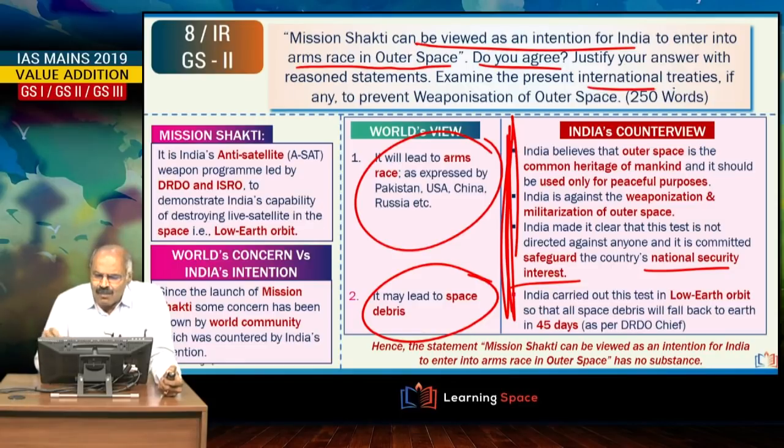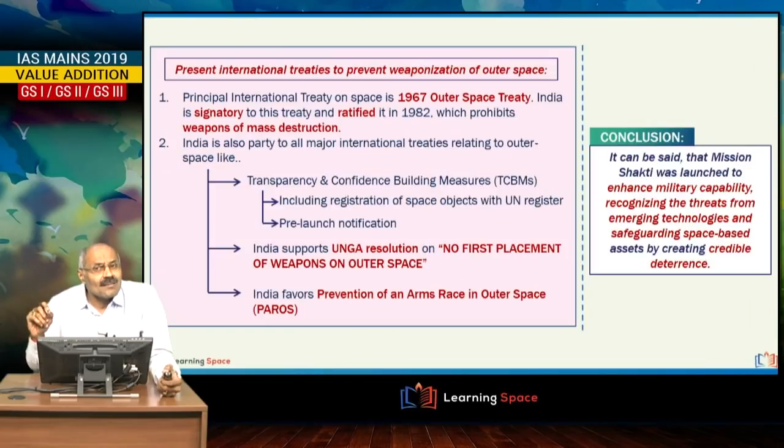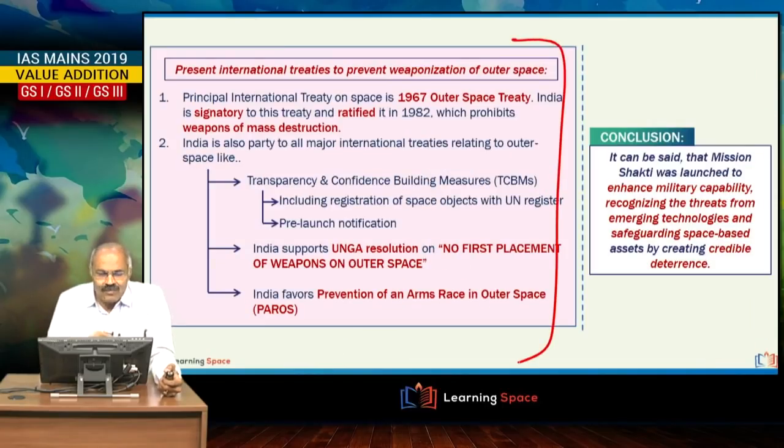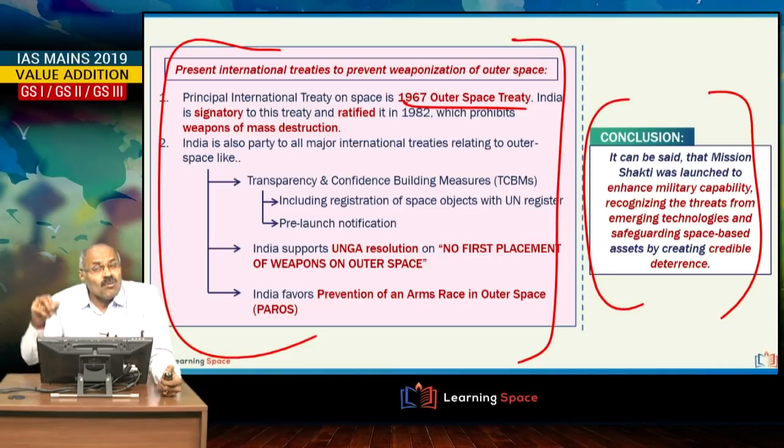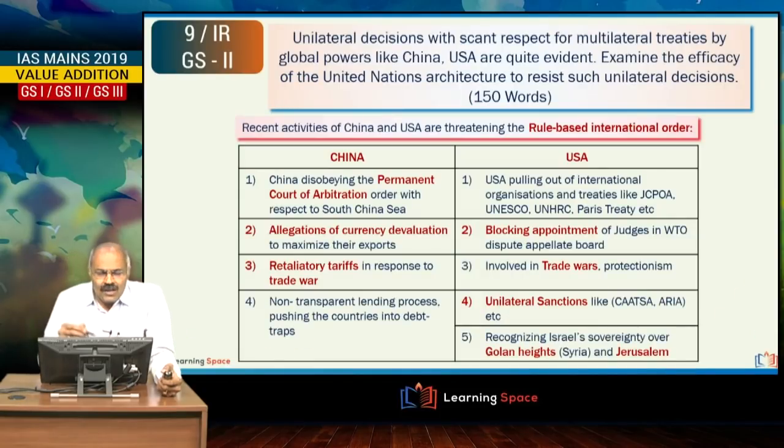Then examine the present international treaties, if any, to prevent weaponization of outer space. This is the second part of the question. Please list out these things, starting from the 1967 Outer Space Treaty, and what is the conclusion, right? Why was Mission Shakti launched? What is the conclusion? Then unilateral decisions with scant respect for multilateral treaties by global powers like China, USA